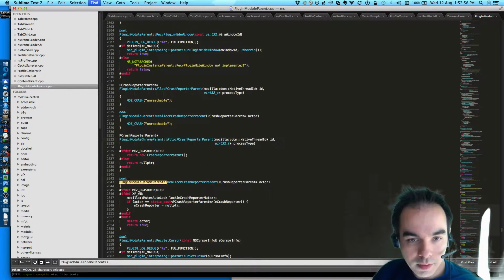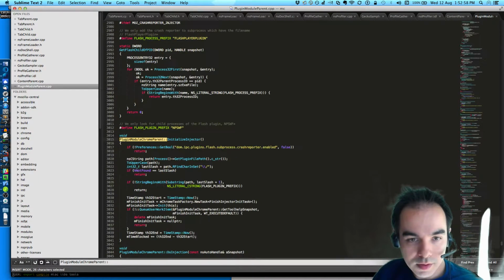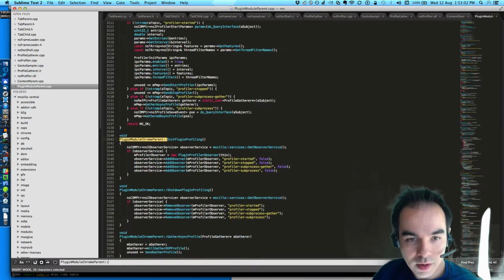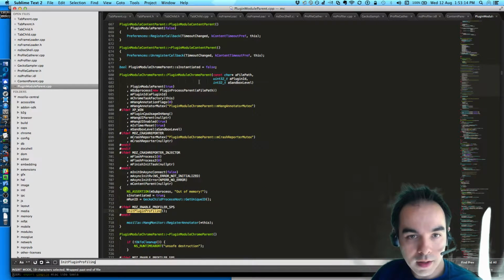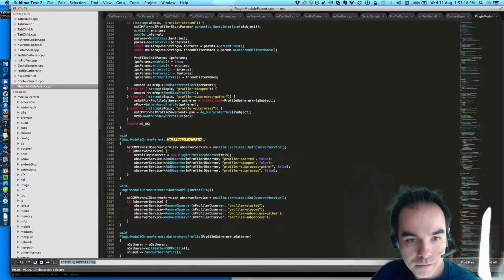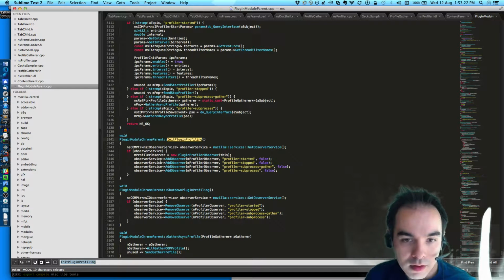Update plugin timeout. Allocate these things. Initialize injector. Do injection on crash. Init plugin profiling. Where does that happen? That would occur in plugin module Chrome parent. That's where I would do it here.